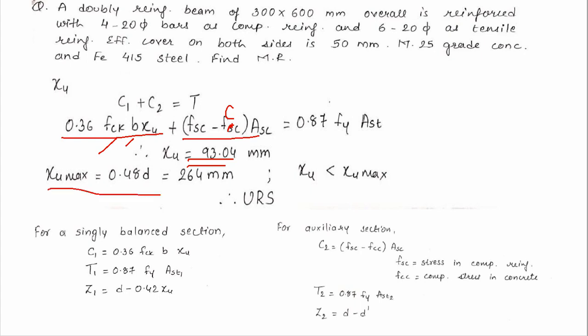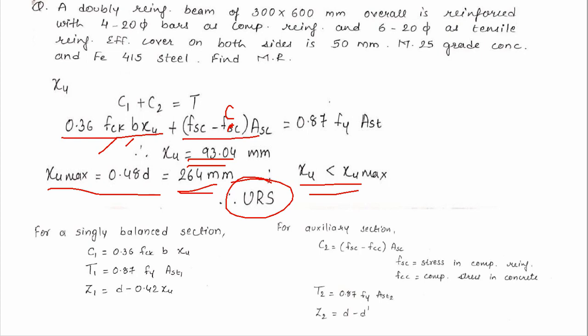So for Fe 415, XU max will be equal to 0.48 D. So equating it, we get the answer 264. So in this case, XU is less than XU max, and as XU is less than XU max, the section will be an under reinforced section. So XU and XU max have been calculated by this method, and now we will move forward to find